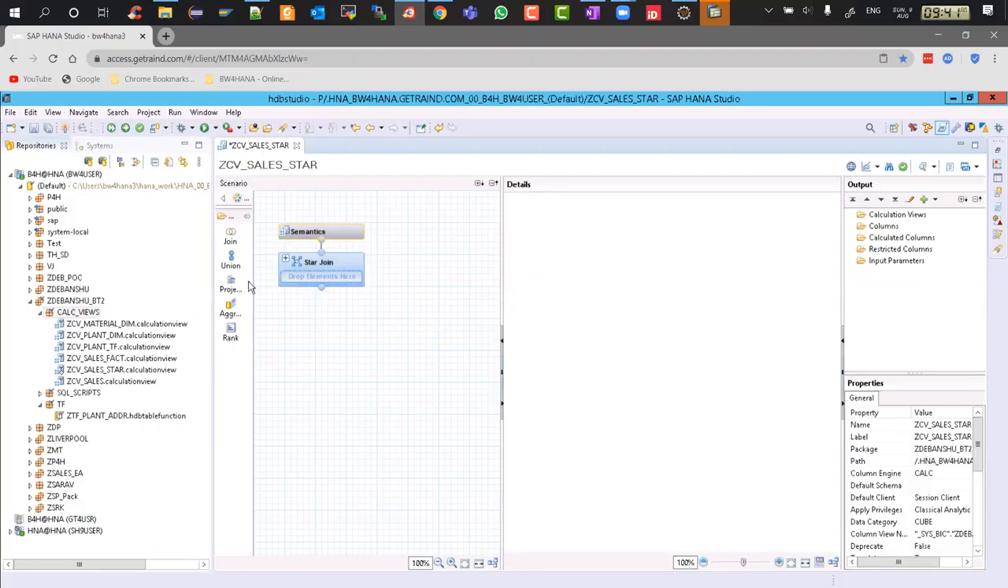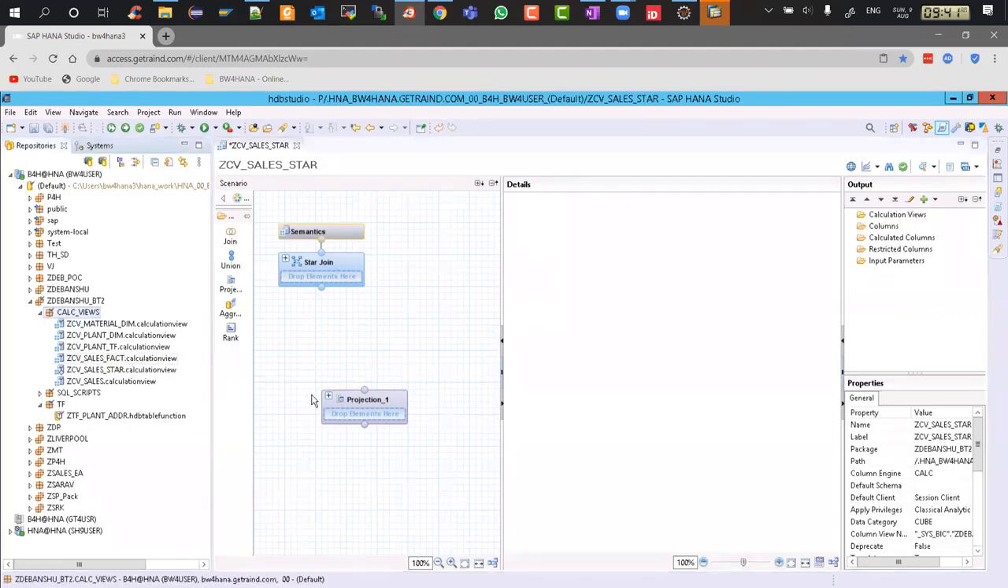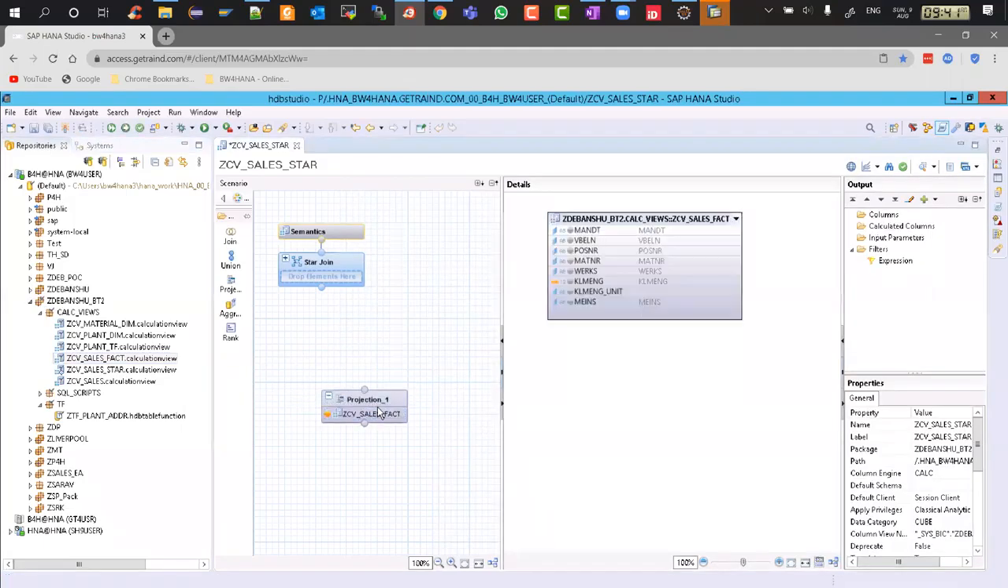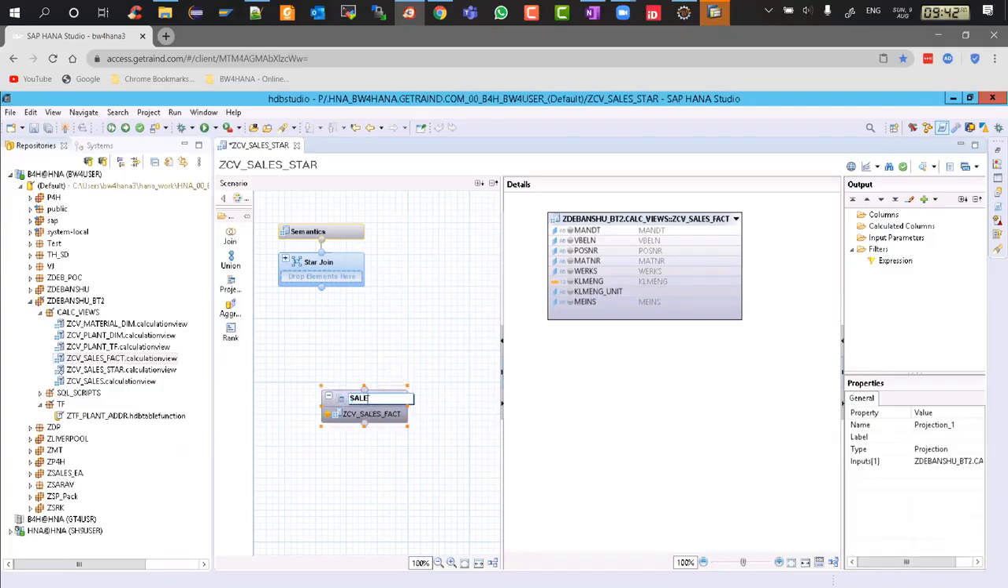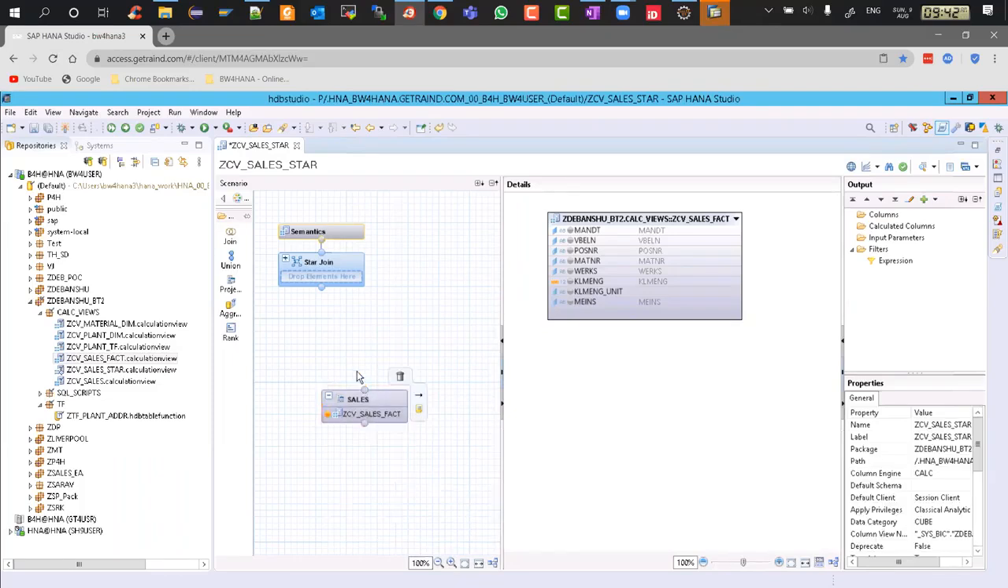Okay. So first thing is get a projection below the star join and add your transaction data, which is going to be your foundation. This is called foundation CV or foundation node. Here you can add a table. In this particular projection node, you can very well add a table. You can add a CV also, whatever you want. So here we will add our ZCV sales fact, which is our transaction data, pure transaction data. You can add it here, or you can add a table also. If I want to add VBAP directly here, I can do that. So I'll just rename this to sales. And now when you connect this to the star join node,